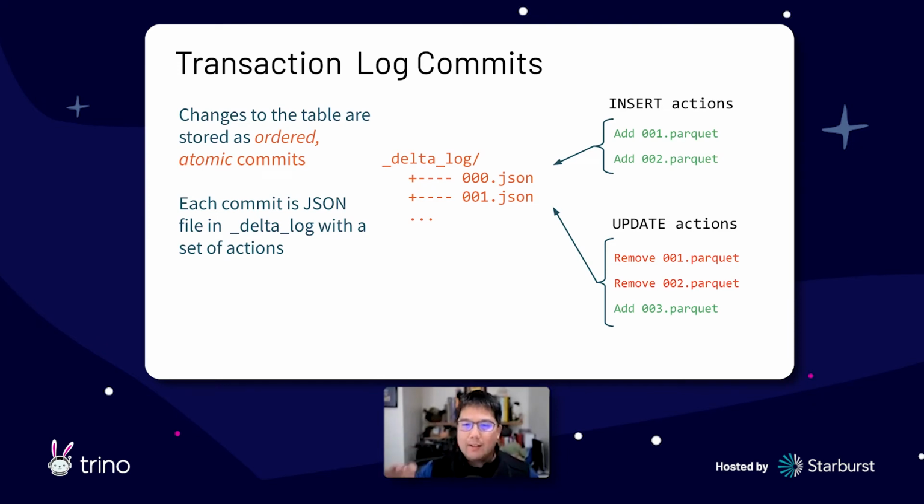It's writing these JSON files that is the final commit that lets us know what's going on. So for example, if I'm doing an insert action, I'm inserting data into my Delta Lake. Using this green here, I added 001 and 002 Parquet files in 000.json, the 0th JSON. Okay, perfect. So now we know that if I was to read the table at the point in time, a couple milliseconds before 001 JSON got written, I don't want any dirty reads. What is the snapshot at that point in time that I ran the query? I'm only supposed to read 01 and 02 Parquet files.